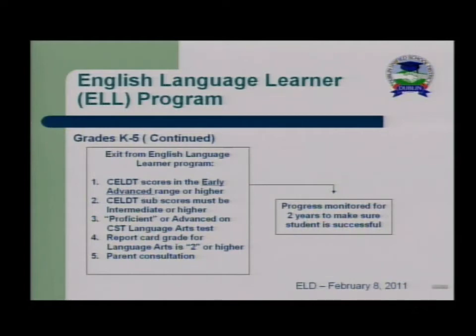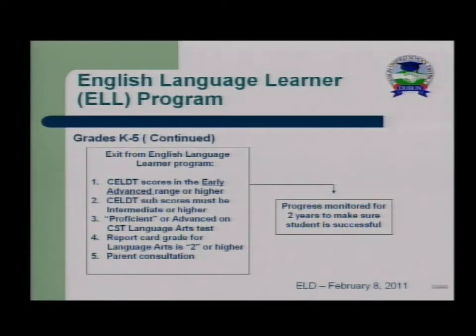Once you score in the early advanced or higher, which is advanced, that would be one thing that you would need to accomplish. The second thing that you would need to do is score proficient or advanced on your CSTs. And the third thing you would need to do is score at least a 2 or higher for your language arts component of your report card. Once those objectives are achieved, there would be a consultation with the teacher, the parents, the ELD specialist and they would decide that this child is most likely ready to be exited from the ELD program, in which case they